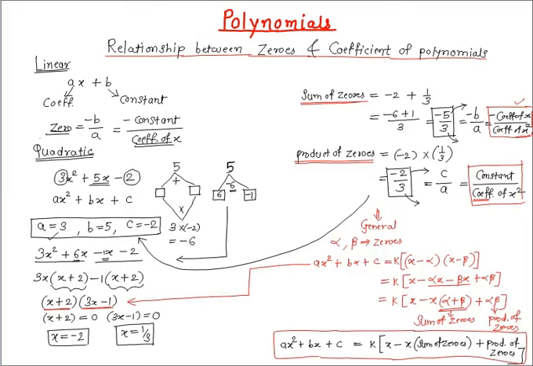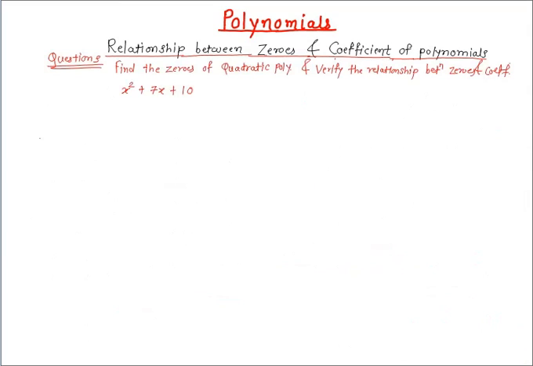Now we have already seen sum of zeros and product of zeros. We can express the sum of zeros as alpha plus beta, and the value we got is minus b by a, and the product of zeros as alpha into beta is c by a. So these are the only things we need to remember, this main formula and the sum of zeros and the product of zeros. Now there can be two types of questions asked based on the concept we learned.